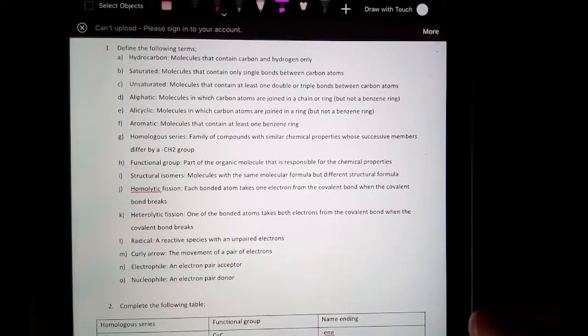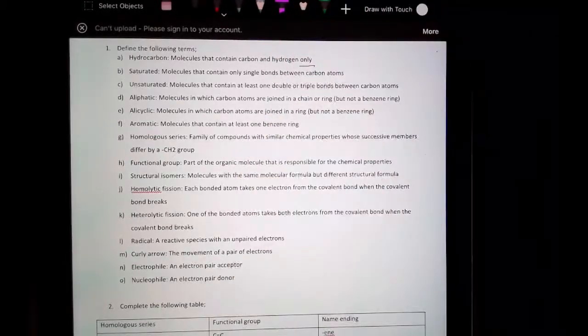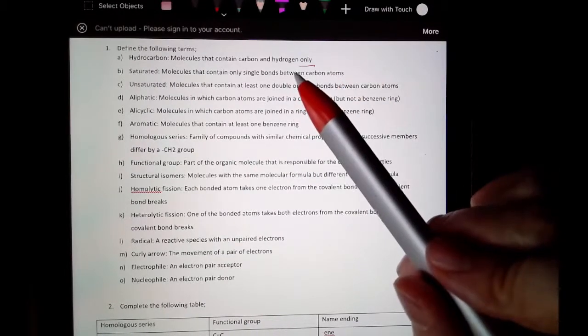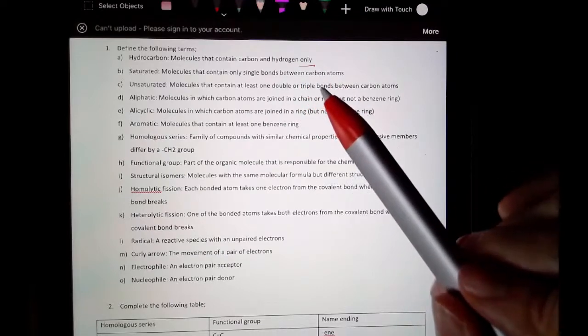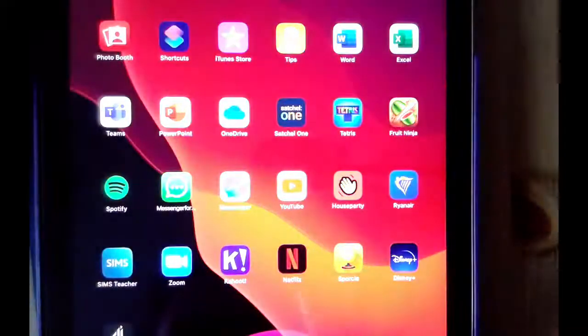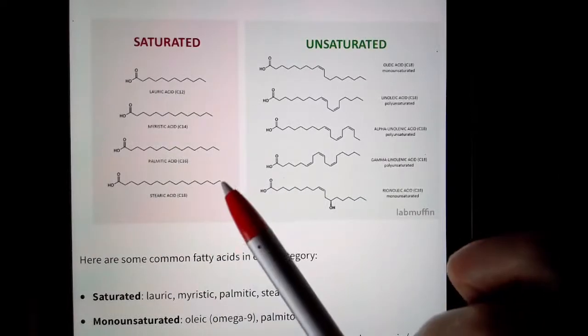Hydrocarbon, I think everyone got this right in the test anyway, but just make sure that you're using the word only. Molecules that contain carbon and hydrogen only. For saturated and unsaturated, if it's saturated, you've only got single bonds between carbon atoms. Unsaturated, at least one double or triple bond. Just to clarify something else, when we're talking about the double and triple bonds, it has to be between carbon